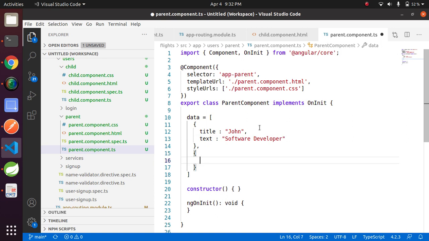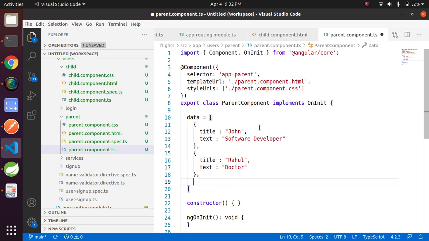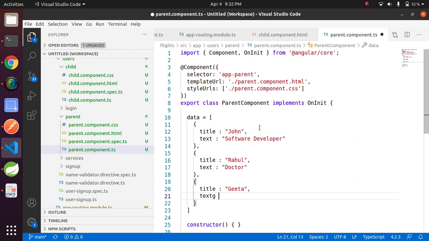Next, title Rahul, text doctor. Then title Geeta, text singer. Just three objects added to the array here.